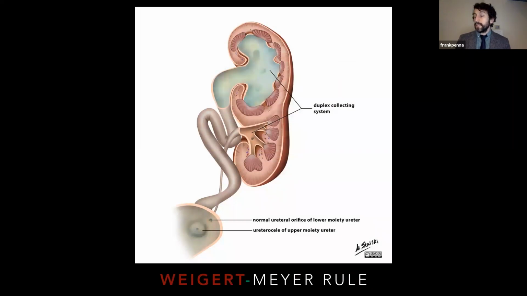So if it's an upper pole moiety, it's typically obstructive in nature. A lower pole moiety inserts superior laterally into the bladder, and as a result, they're more likely to reflux. If it's a lateral insertion into the bladder, you have a narrower tunnel into the bladder, and it's more likely for that urine to go up that ureter and up to the kidney and contribute to reflux and potential infection